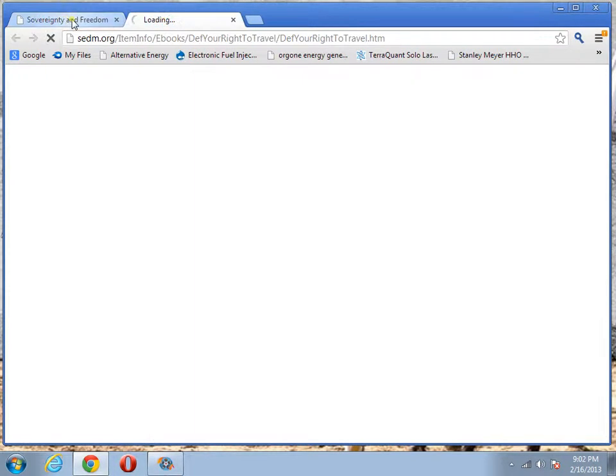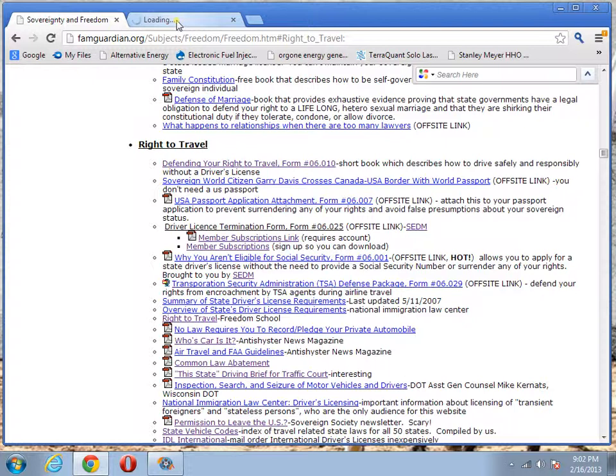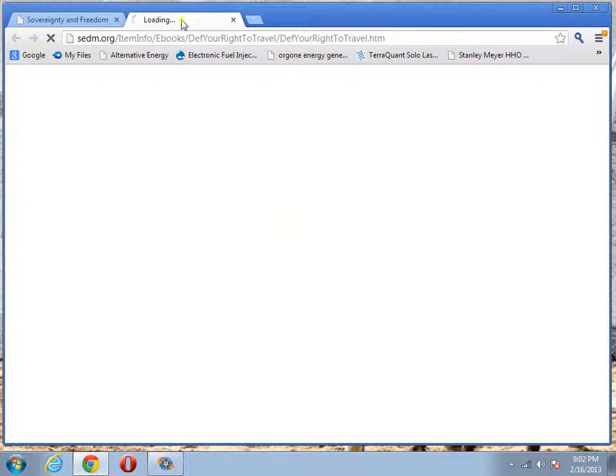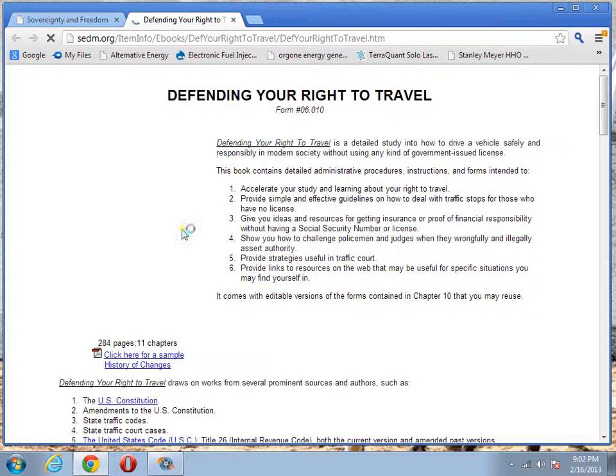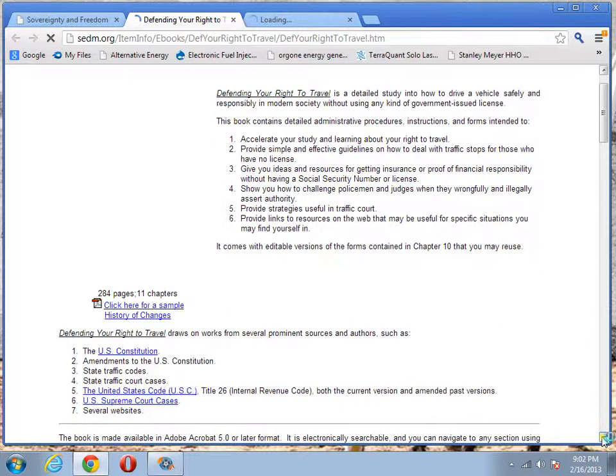They had a copy of one of the chapters, and in the one that they show, they actually talk about your citizenship status and how being a non-citizen national, that you don't have to have a, well, here it is. Click here for sample. And then, I don't know how many pages it is. Oh, 284 pages and 11 chapters,